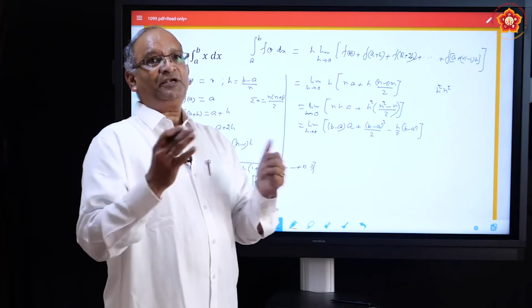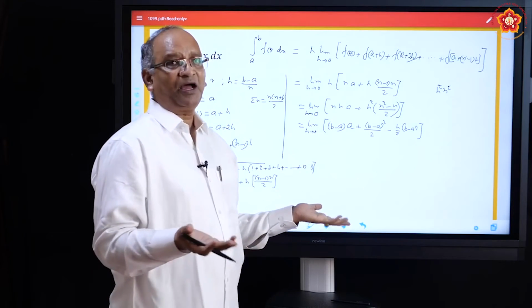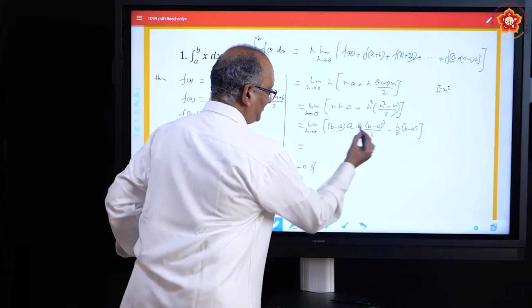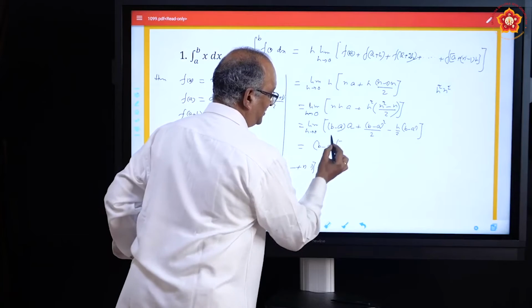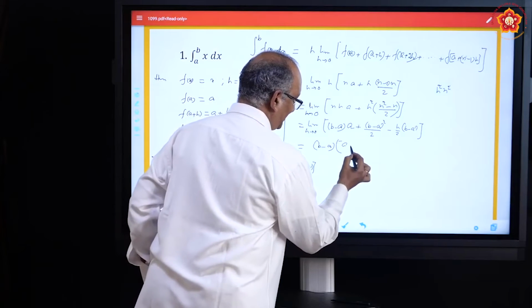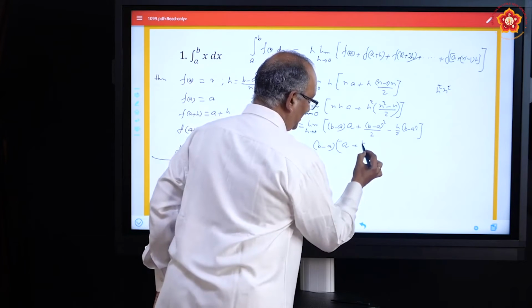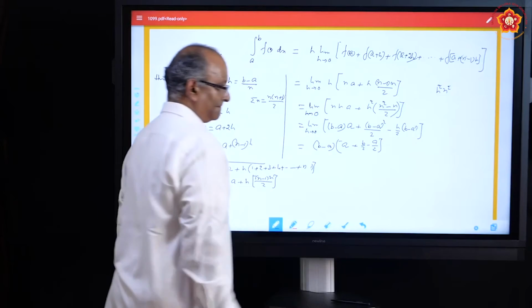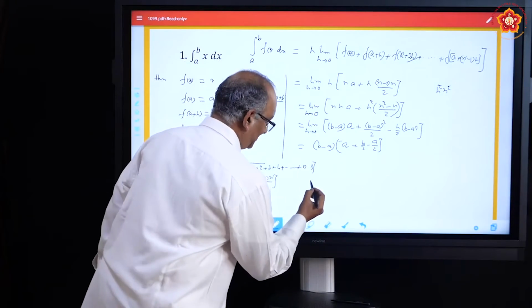So when we are proceeding to the limits, the last term vanishes, and only this will be left, which you have to simplify. How do you simplify it? Very simple. What is common between them? You find that b minus a is common. Take it out. Here we are left with a, plus here we are left with b by 2 minus a by 2. What is a minus a by 2? It is a by 2.